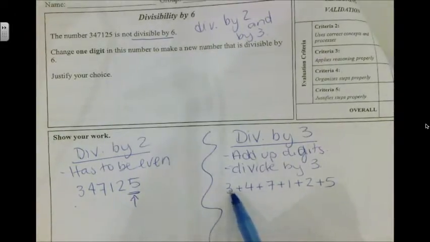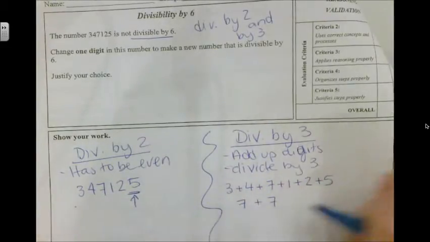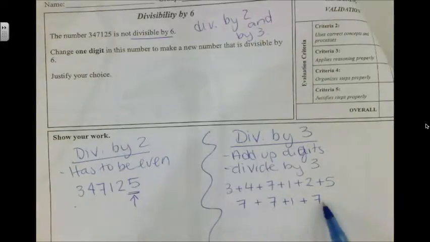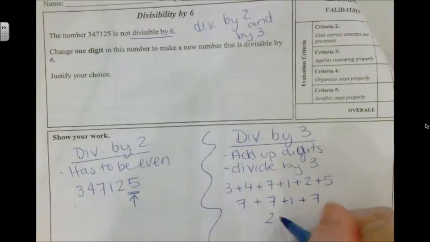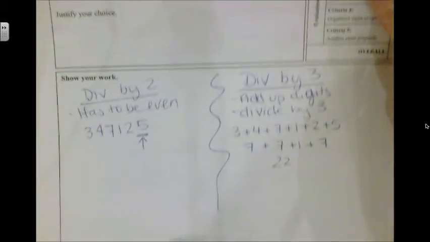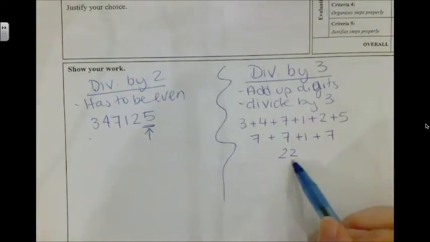I'm going to do this in chunks. 3 plus 4 is 7, plus 7, I'm going to keep this plus 1, and I did 2 plus 5 over here, which is also 7. So now I have 3 sevens, which is 21, plus 1, which is 22. So this adds up to 22. If I do 22 divided by 3, that is not going to give me a whole number. If I think about my 3 times tables, the closest one to this would be 21,